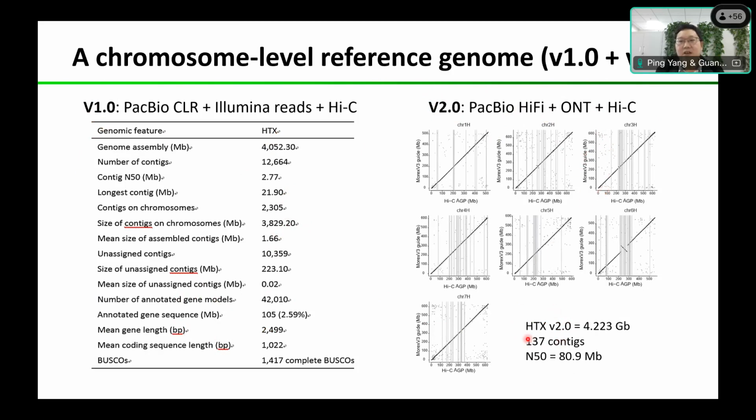The quality of the new version of the reference genome is comparable to Morex V3. The N50 is around 80 megabases, because we realize Morex version 3 is a very wonderful reference. However, we also realize that in some cases some genes may be absent in its reference genome. So we believe this reference genome would be helpful to identify genes that are absent in the Morex reference genome.